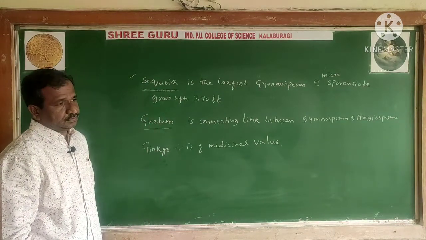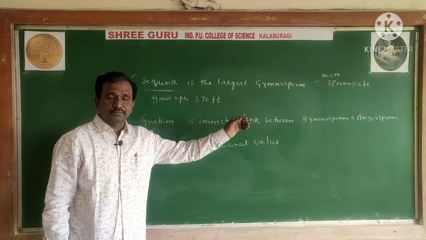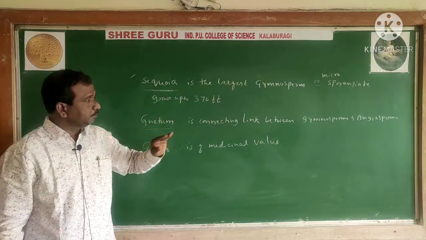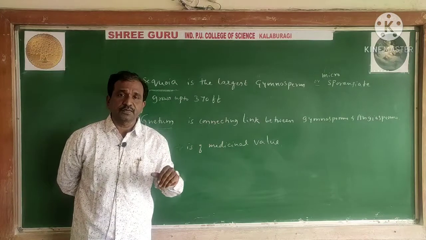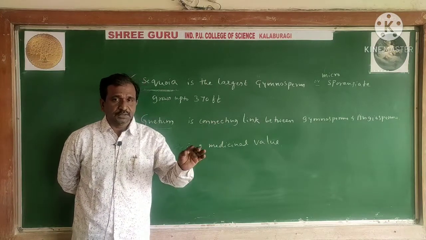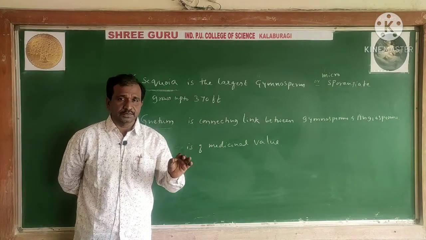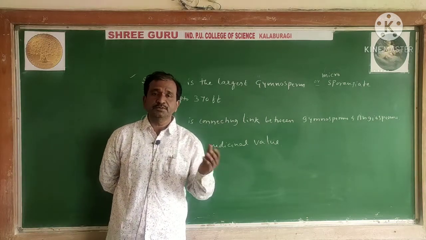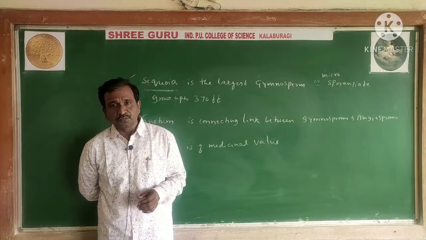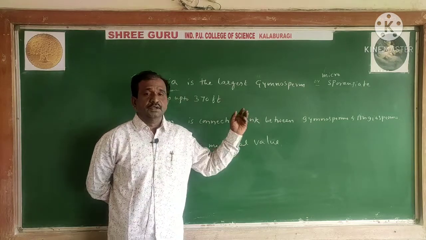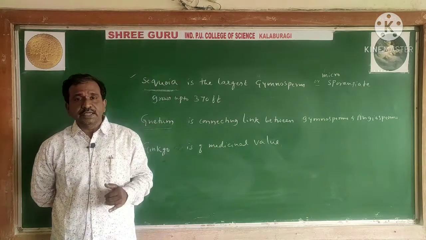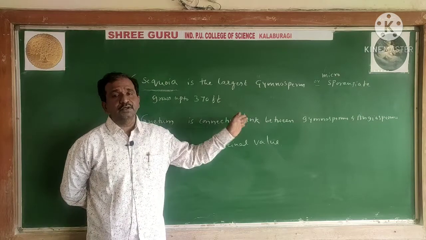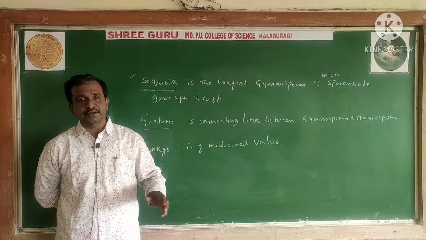So like this, what we have seen in the case of the gymnosperms, which is normally important, the general characters of gymnosperms, pteridophytes and bryophytes. A 5 mark question is asked from one of the three, specifically gymnosperms and the bryophytes. So for that purpose we have to read minimum 7 to 8 characters, so that you are able to write 5 characters. You can write 5-6 characters.